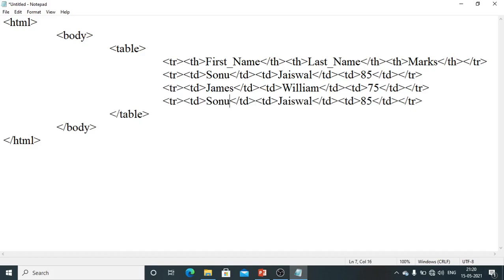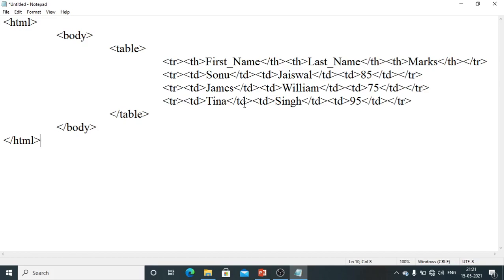Let me take the name as some girl name, Tina. Let me give the last name as Singh. Marks, let us take it as 95. So we made three entries. I hope that's enough for our table. Again, as I told, once I am done with my table, I will close my table tag, then I will close my body tag as well as my HTML tag, right?